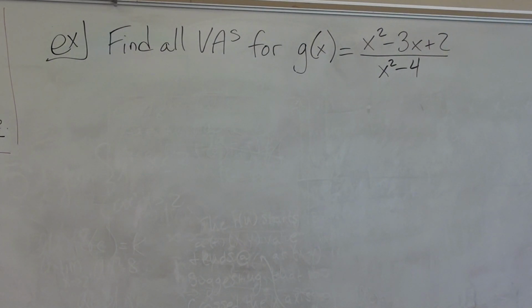Alright, vertical asymptote. Zero's on the bottom. It's a negative two. Feel free to talk to each other, work together. And then with horizontal degree, they're the same. Leading coefficient, they're also 1. There's a horizontal